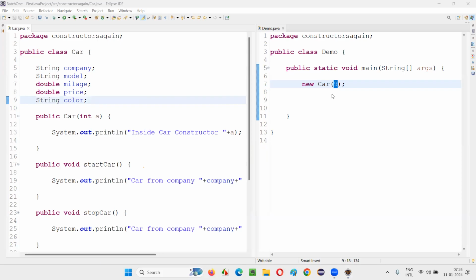In the demo class, we are calling inside the main method, right, sir? In the demo class, we are creating a main method. Inside the main method, we are creating objects. We are calling the constructor, right? This is an object creation statement. New car means, remember yesterday I told you, using the new keyword we are creating an object for the class. But in the object creation statement itself, we have a part which is calling the constructor.